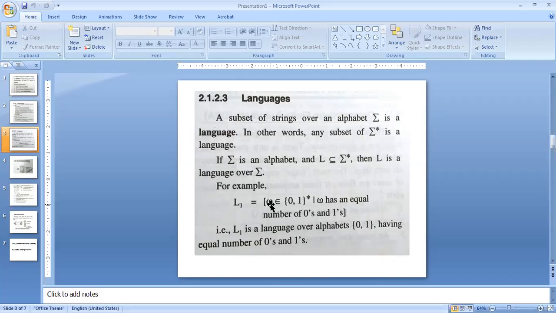Strings. Omega is your string. Now, a string is made up of 0, comma 1. This 0, comma 1 is a set of alphabets. This string is made up of alphabets. So which alphabets is it made up of? 0 and 1. So a string is made up of 0 and 1, and L is made up of such